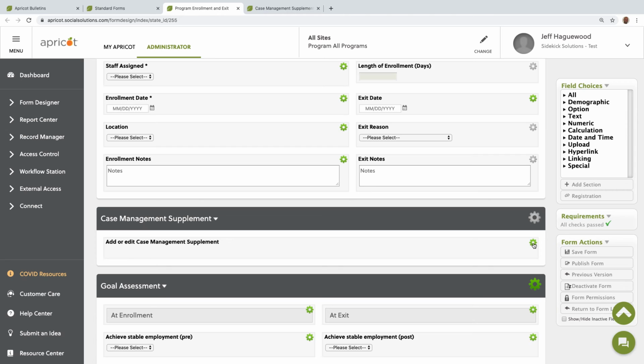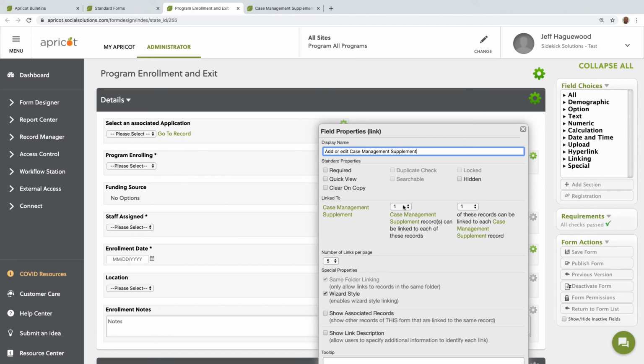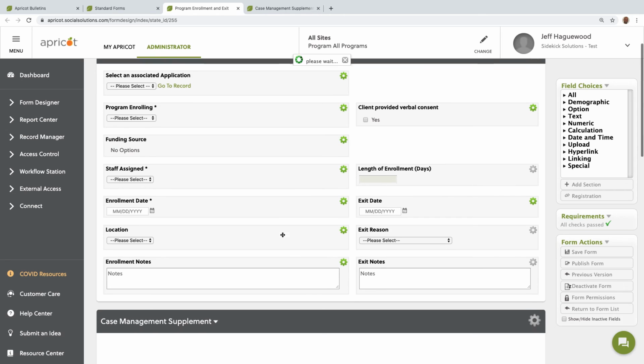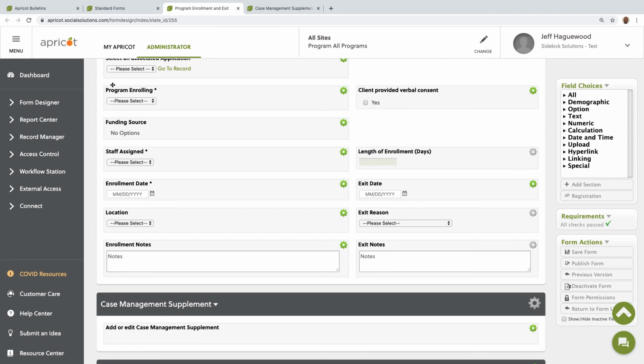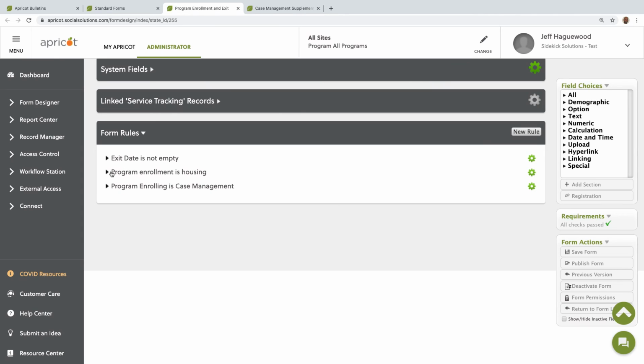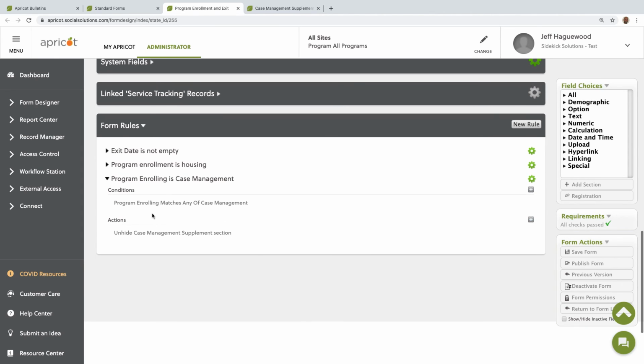This is a linking field in a one-to-one relationship with a wizard link style turned on with same folder linking. And how I've presented this is that I've hidden the section with the supplement in it until the program enrolling field matches case management. So I have a form logic condition, program enrolling matches case management, unhide the case management